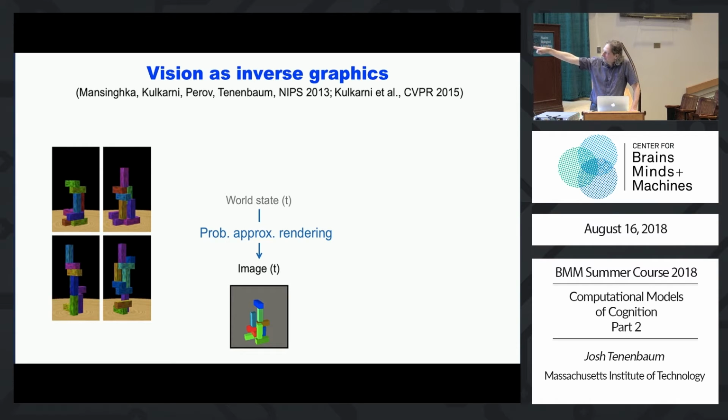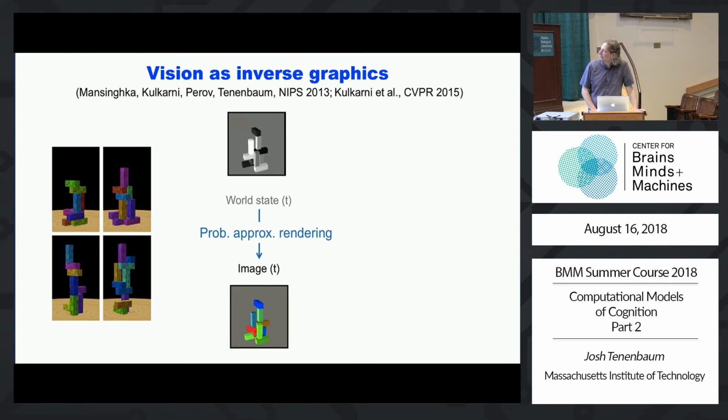So here what that means is I'm going to see an image of a block tower like that, and I want the output of my vision system to be something like this, which is a configuration of 3D objects which would render approximately into that image, with maybe some noise model. It looks like pixel noise or some little noise model. Now you might say, well, in what sense is that 3D? It just looks like a black and white version of the one on the bottom, right? But that's just a projection of a 3D representation inside the computer. And a way to see this, it's also a sample. It's a posterior sample. So it's a sample of a high posterior probability scene conditioned on the image, conditioned on some observation noise model.